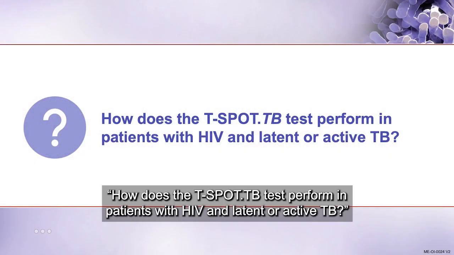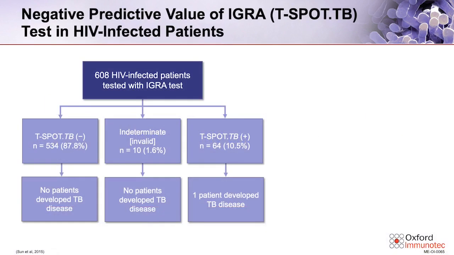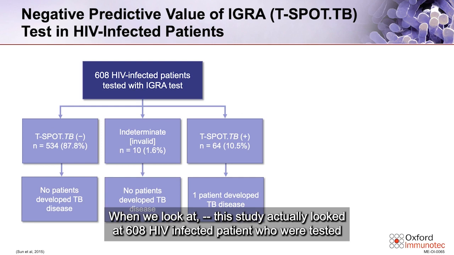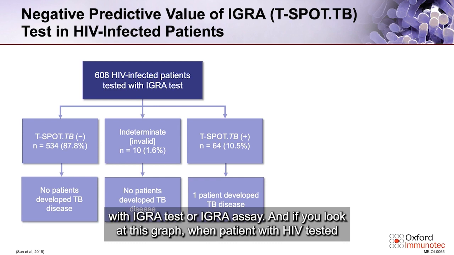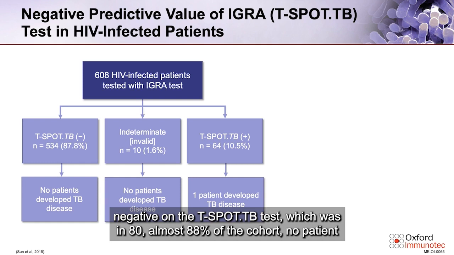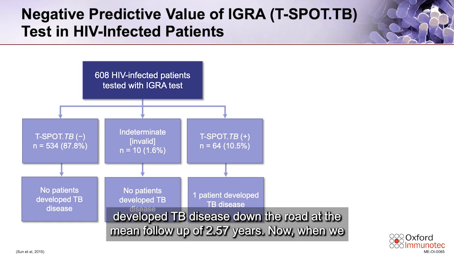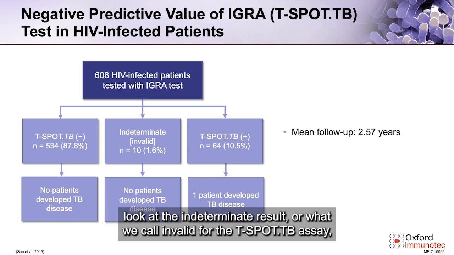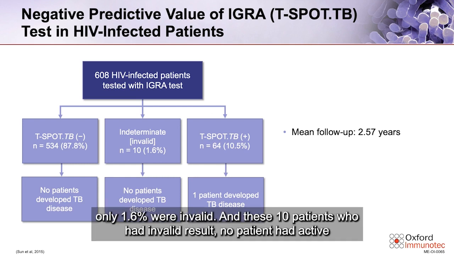How does the T-spot TB test perform in patients with HIV and latent or active TB? This study looked at 608 HIV-infected patients who were tested with IGRA assays. If you look at this graph, when patients with HIV tested negative on the T-spot TB test, which was almost 88% of the cohort, no patient developed TB disease down the road at a mean follow-up of 2.57 years. When we looked at the indeterminate result, or what we call invalid for the T-spot TB assay, only